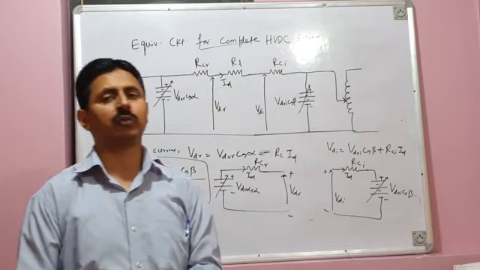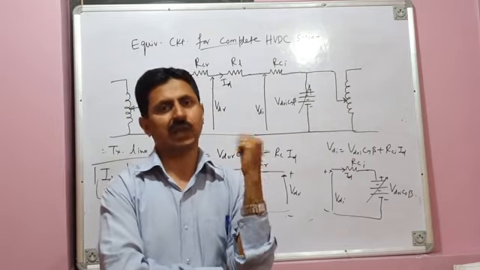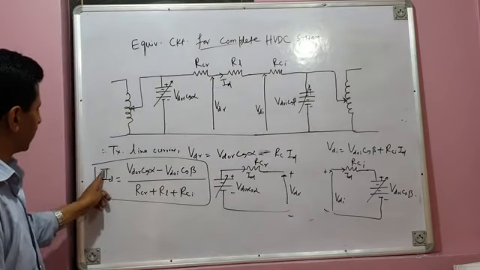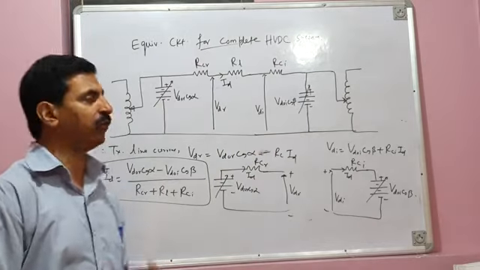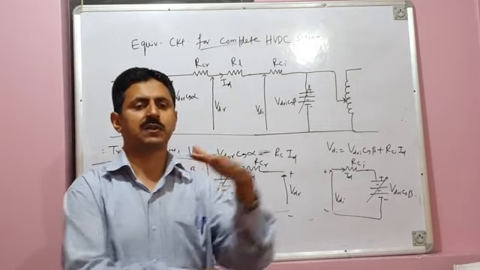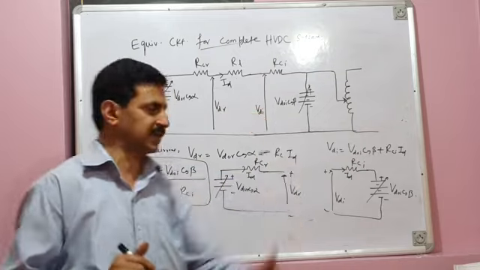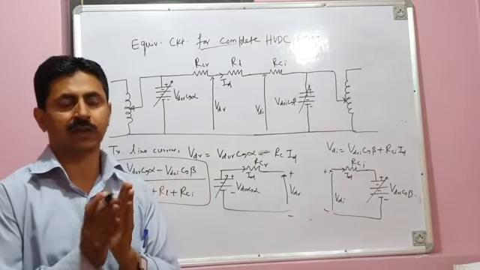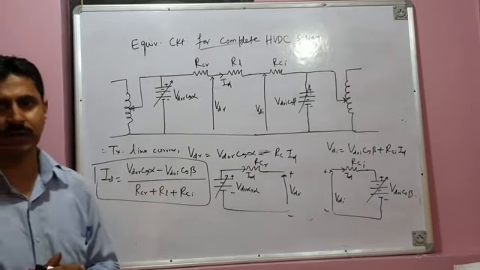This is the benefit of obtaining the electrical equivalent circuit of any system, in this case the complete HVDC transmission system. It gives us the mathematical expression for this transmission line current, and an idea about how we can maintain it, because I told you that in classical HVDC transmission systems, when the system is operating, this line current is always maintained constant. So when you design the controller, you have to design it in such a way that this transmission line current is always maintained constant.